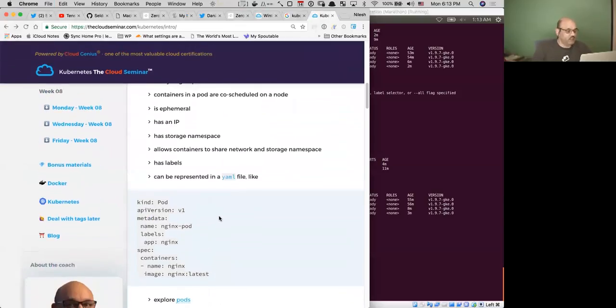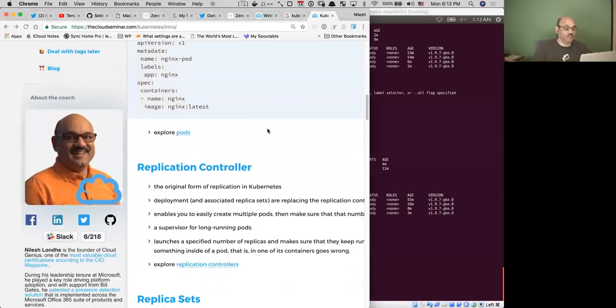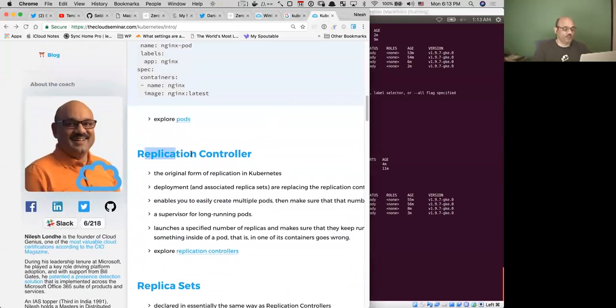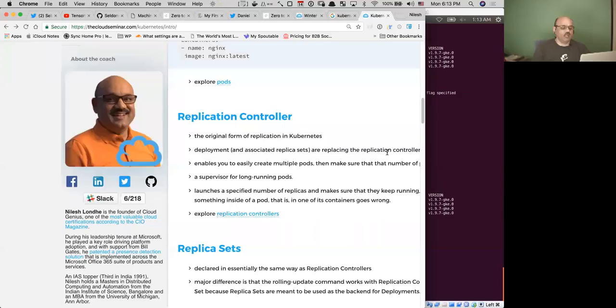You saw pods and you saw labels. Let's go see what the next idea is. The next idea is replication controller. I think it is now old. It's an old idea. People don't use this idea anymore because